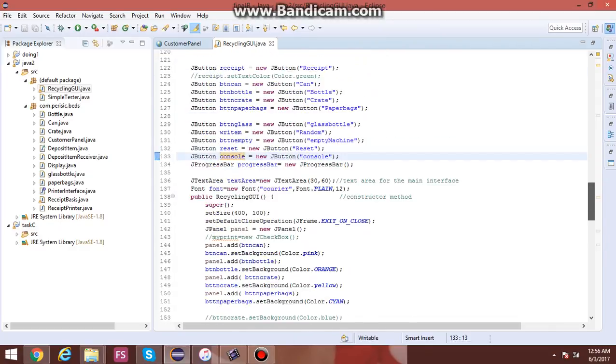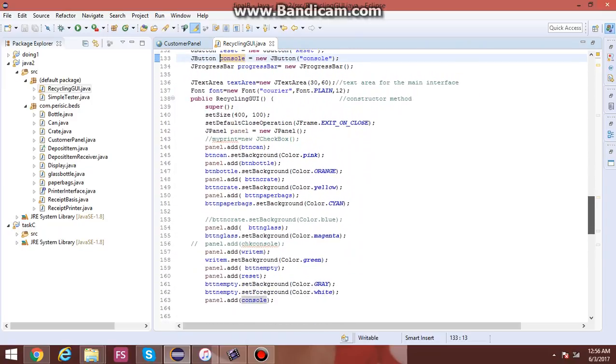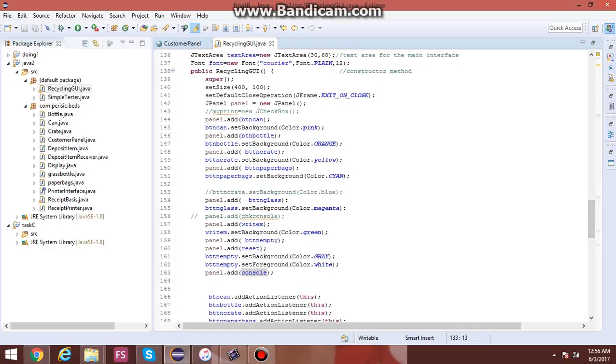In the recycling GUI method, it sets up the interface for the main recycling GUI. The size is set at 400 by 100, and it has the exit on close operation. Here the buttons are added